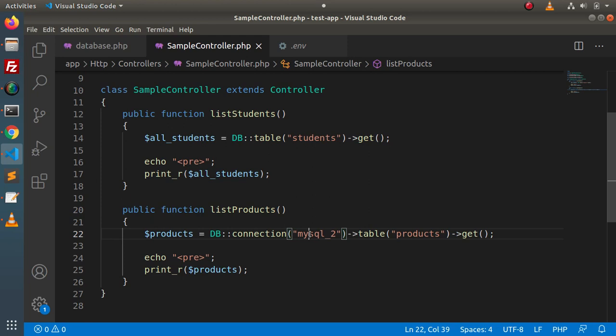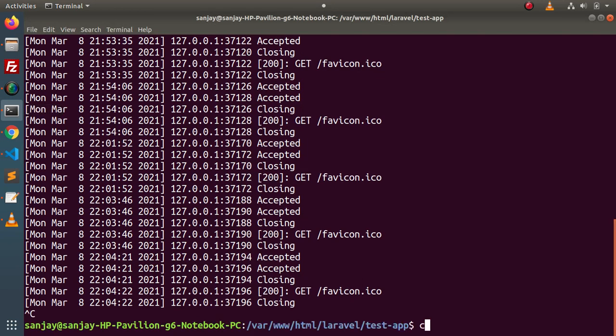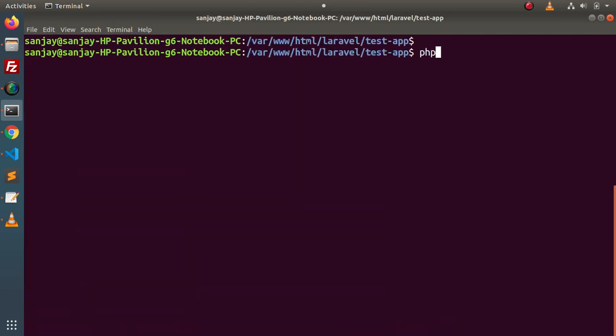Now next, let's say that we want to create a migration file. We already discussed inside this course how we can create a migration file, how we can add a number of columns and migrate to our database. So back to the terminal, to create a migration file, let's say PHP artisan make:migration, and let's say